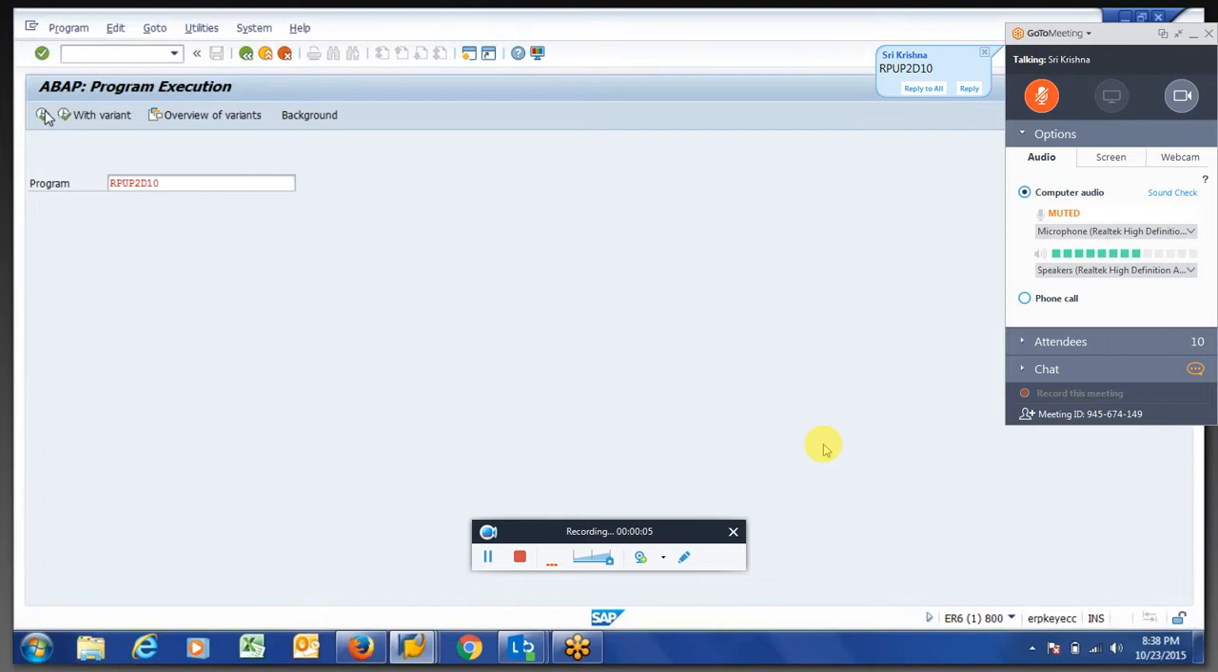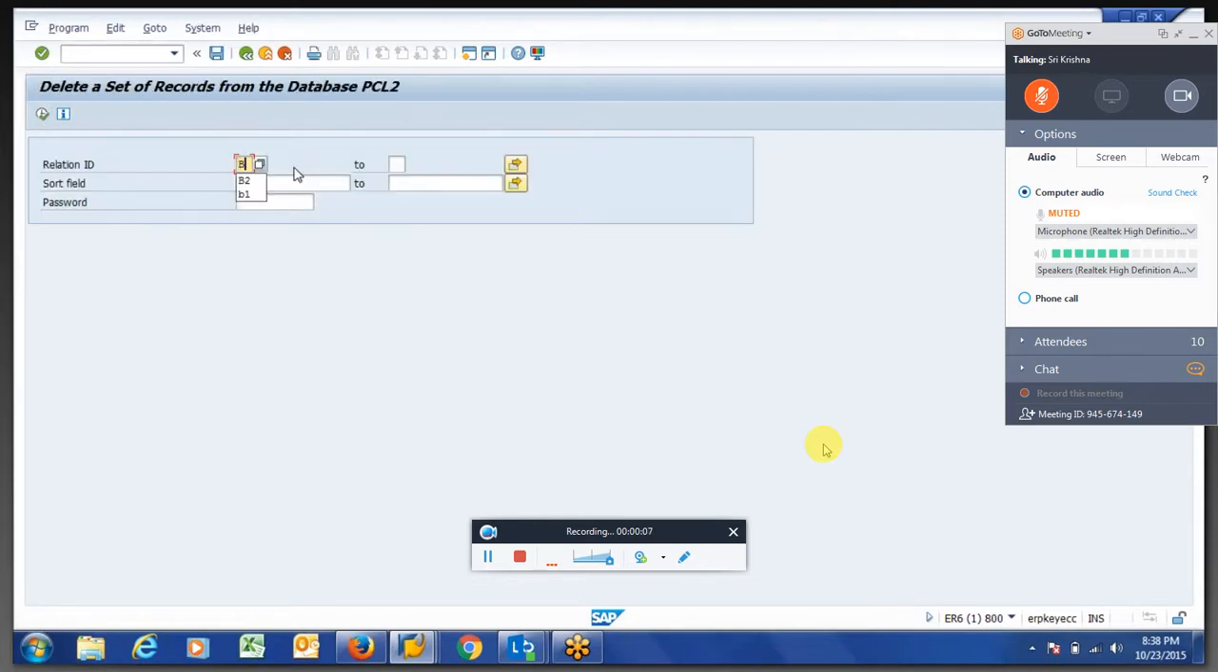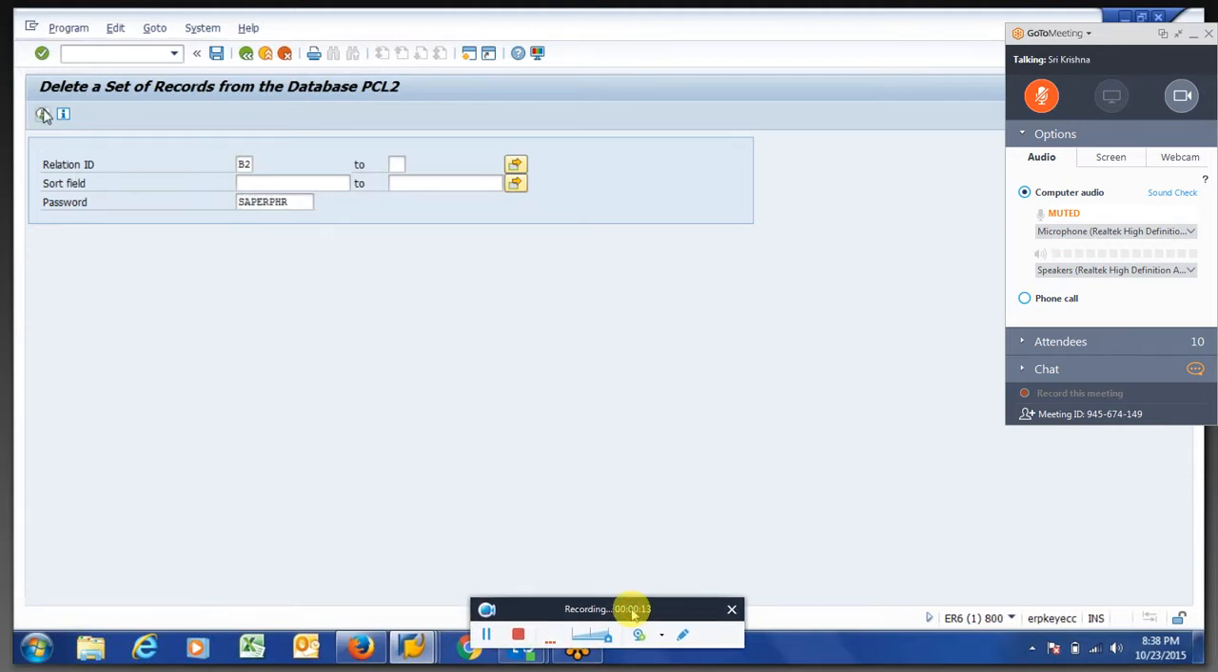So what it will do is it will generate all the data for the B2 cluster. Password will be your username. If you execute, you will get all the data for all employees. That is the cluster data from the PCL2 table. Else you have SC16N